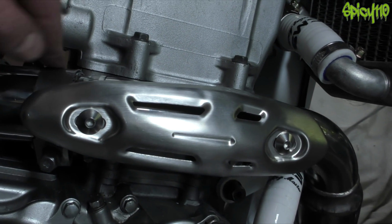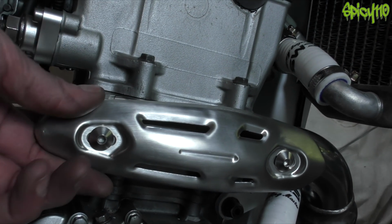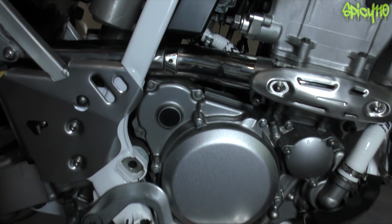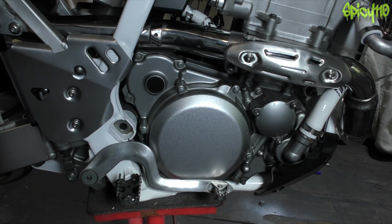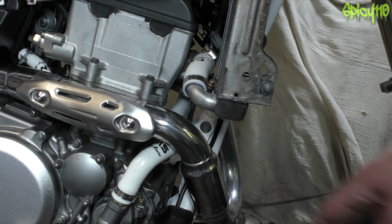And also attached our heat protector. This is just a generic heat protector. It costs about 15 quid off eBay. It matches in with everything else quite nicely. Let's have a look here. See, that all matches in pretty well. A couple of people said that they thought that the...